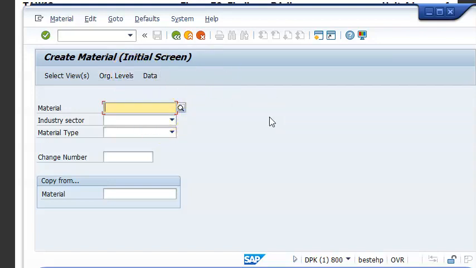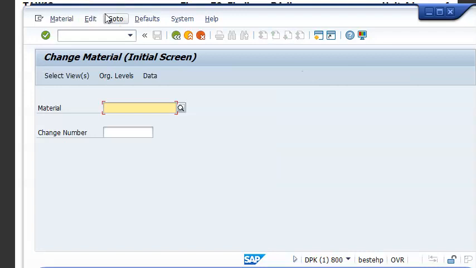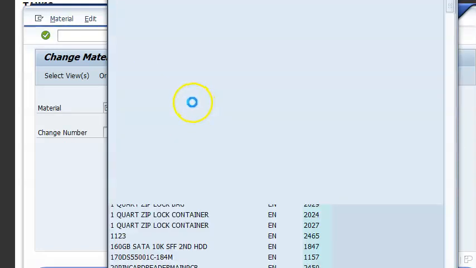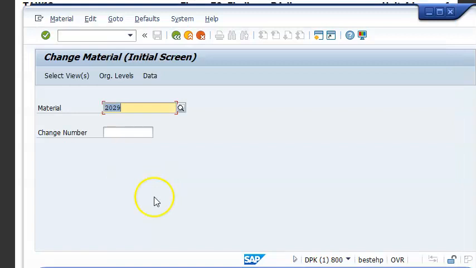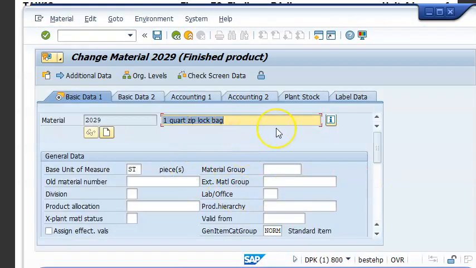For example, I'm going to MM02 so that I can take an existing material. So this is the second screen.